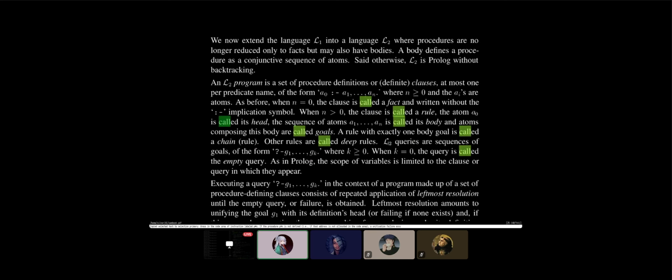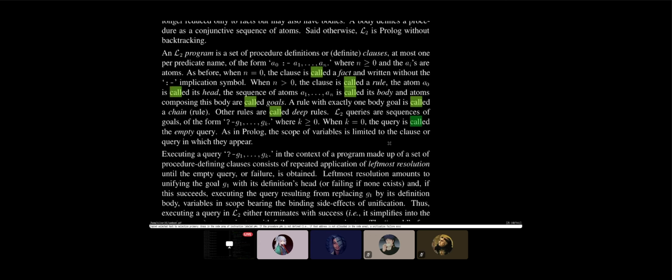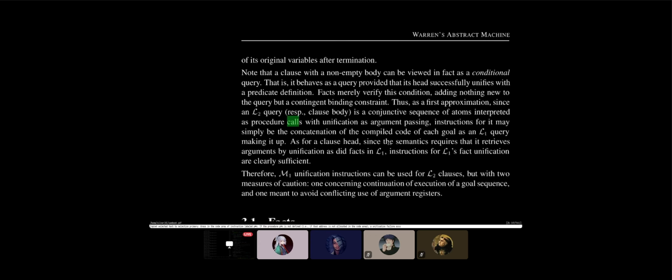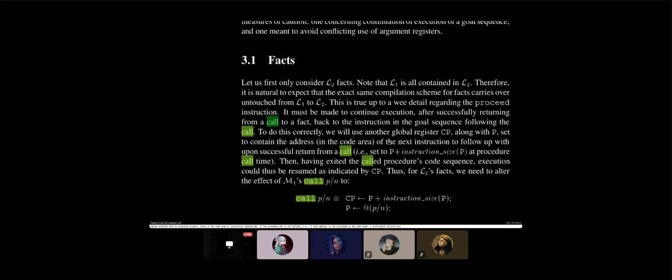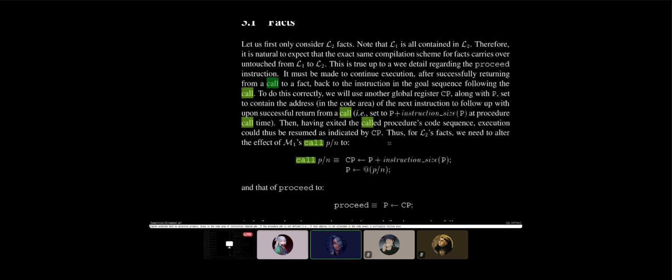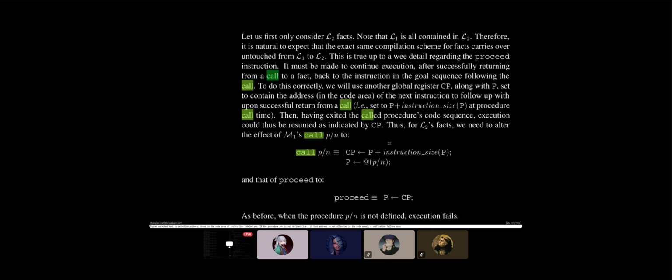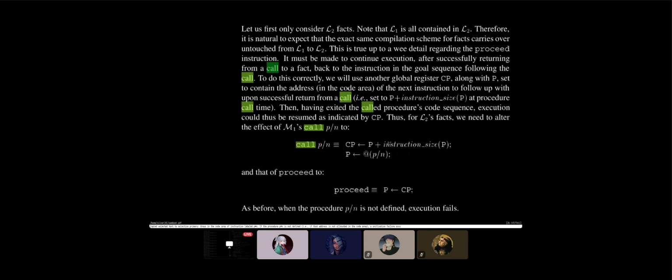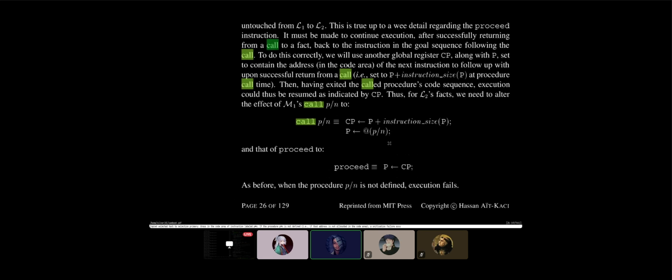Flat resolution. Oh, maybe it is this version of call. Maybe. This version, yes. Yeah, that at P and at P, I think we only have a shallow stack.